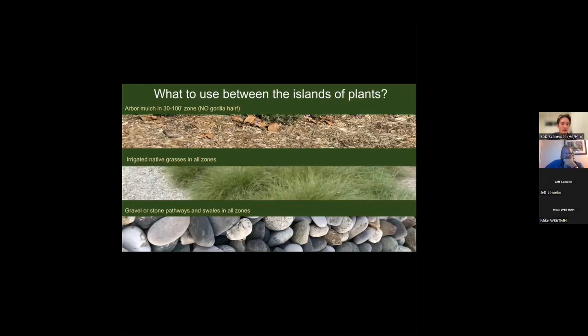So yeah, just a little recap on materials. Like I was saying, we're planting in islands. So you can have well irrigated, well maintained perennial plants in groups of islands, right? And between those, what do you have? I talked about arbor mulch in zone 2. So further out, you can have some good mulch between your islands. More in zone 1, 5 to 30 feet out from the house,